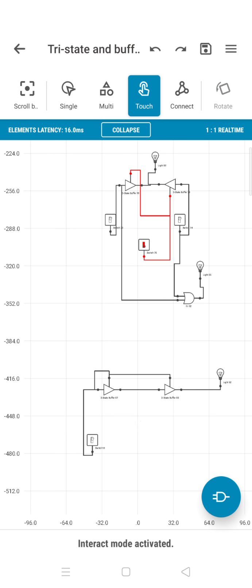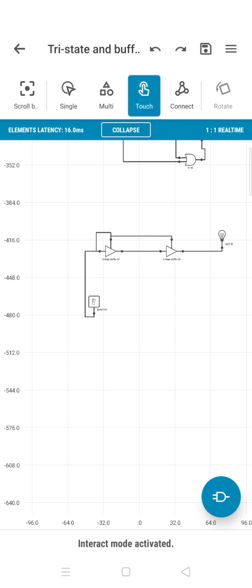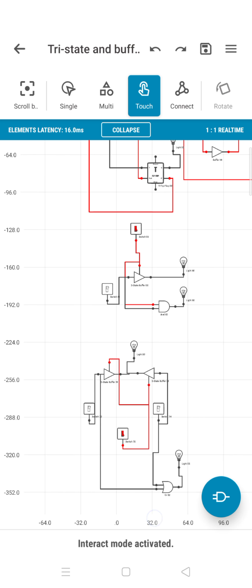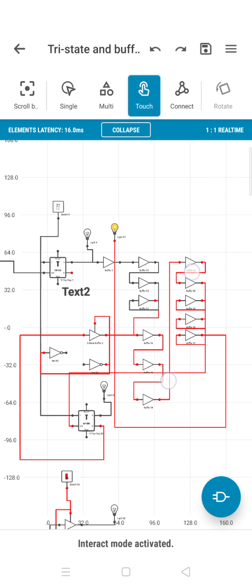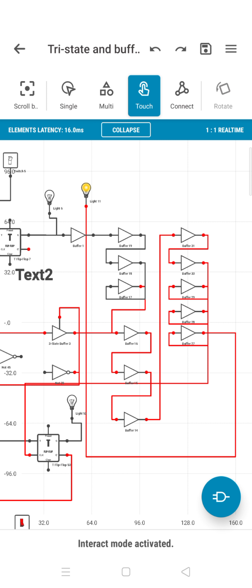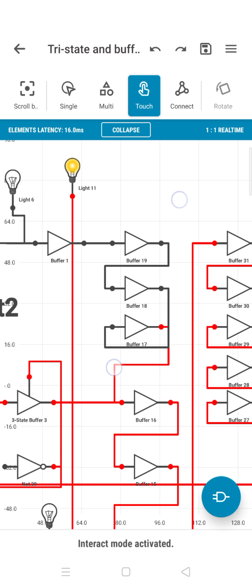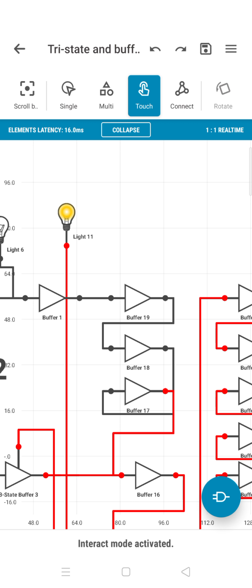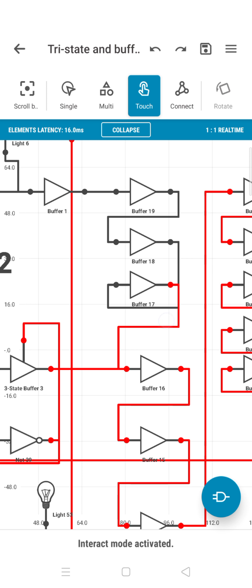You can also build capacity, voltage capacity. If you want to build a capacity, you arrange the buffers in series. I've arranged them as a kind of buffer here. This is the buffer element. Once you connect a set of buffers in series, that acts as a storage device.